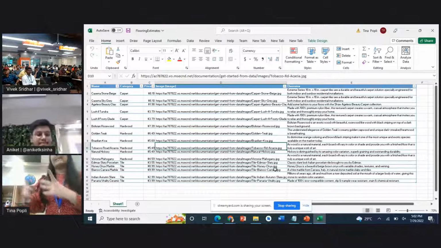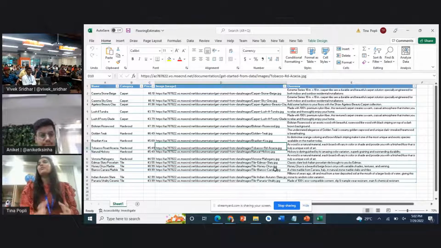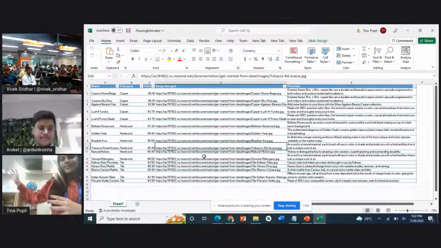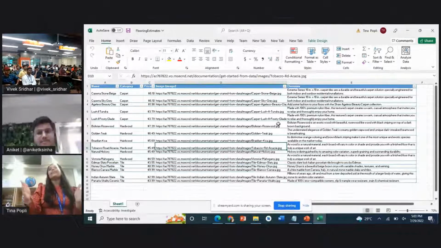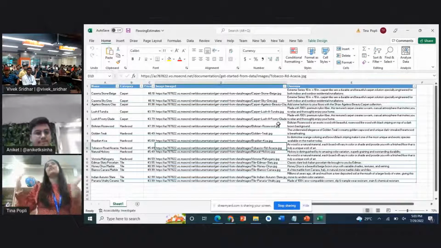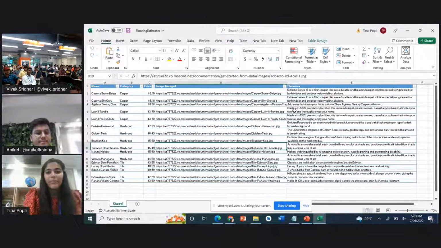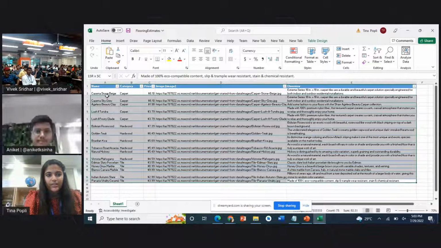So continuing to what Aniket mentioned, what I'm going to show you is you have data. Let's say we have this data in an Excel sheet. How do we fetch these details into an app, right? So one important thing before I go is, although it is already in a table,